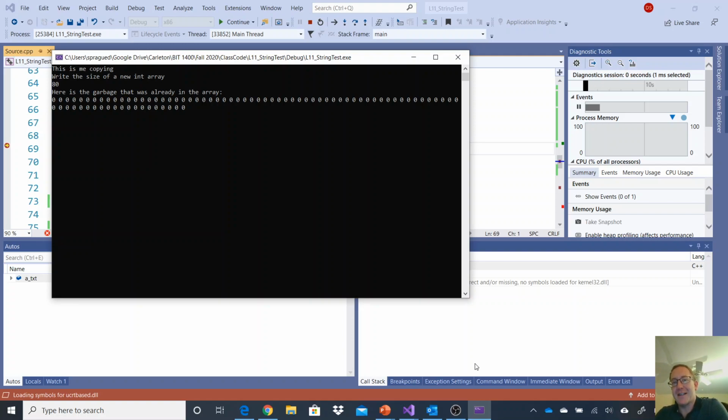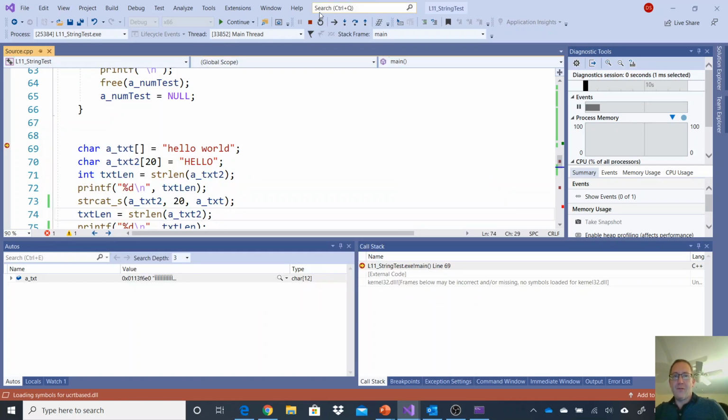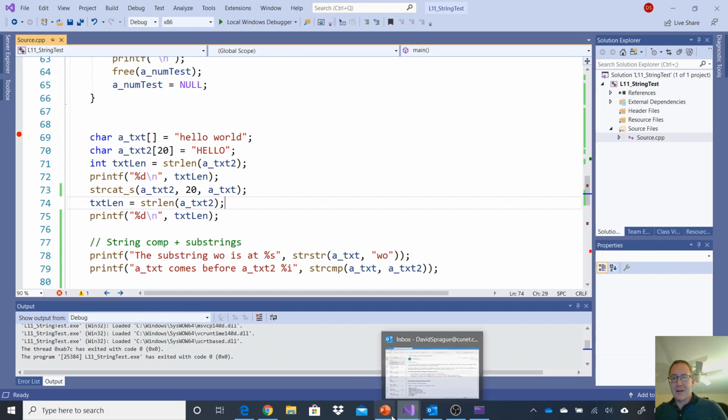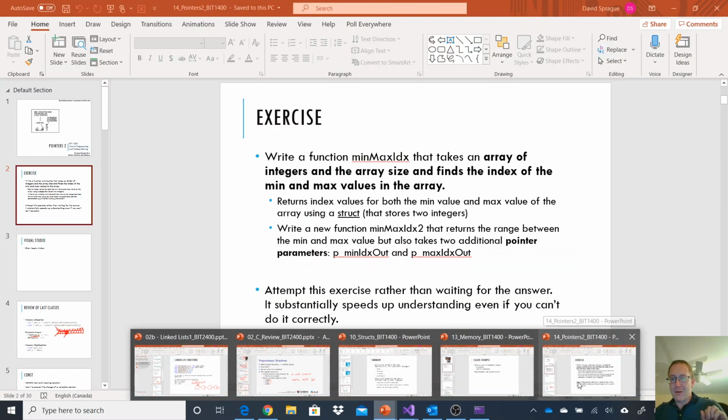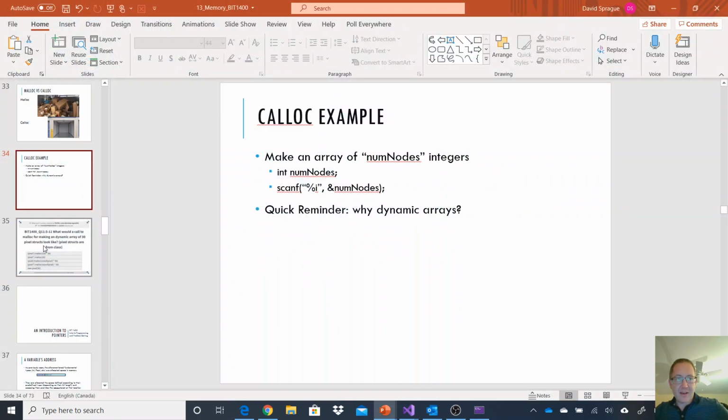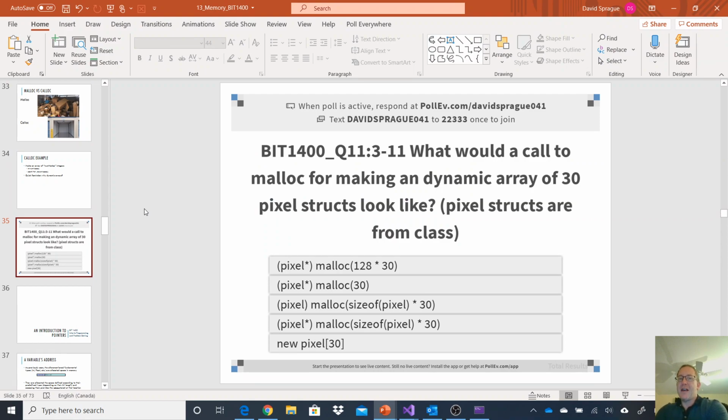Calloc cleans things up. So there is an example of calloc in use, malloc in use, free in use. I use free as well. I set things to null, and we even dealt with copying text from one character string to another using string copy. Okay, hopefully that example makes a lot of sense, because what we're going to do now is we're in memory. Here's calloc. I would like you to take